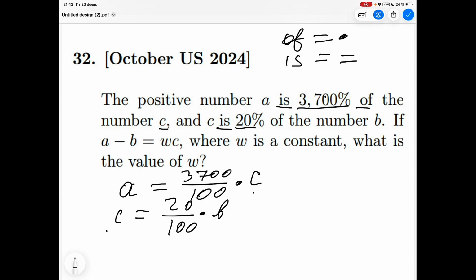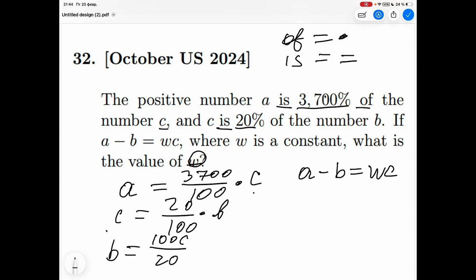Sorry about that, and let's continue. What they're saying is I minus B is equal to WC, and they are asking to find the value of W. What we're going to do, firstly, in order to find B, is use this equation. In order to do that, we just divide both sides by 20 over 100, and B is going to be equal to, if you do the math here,